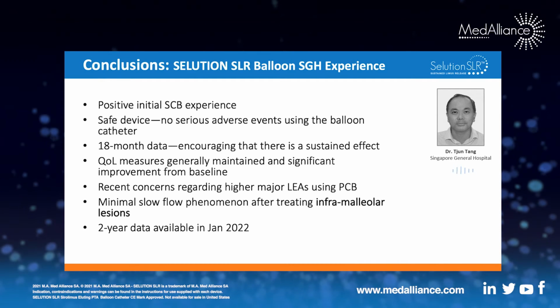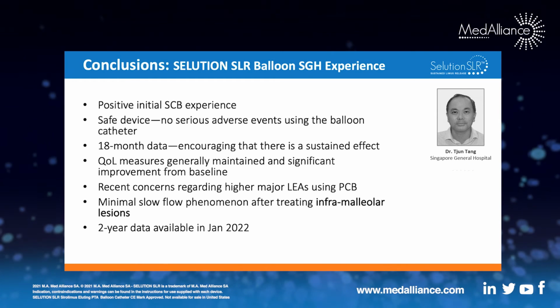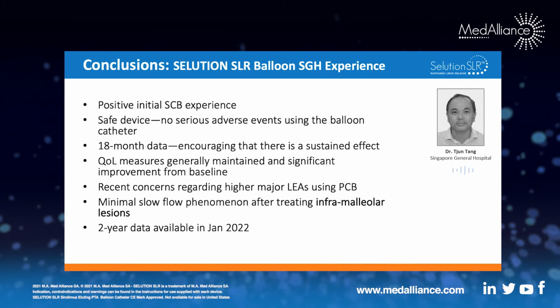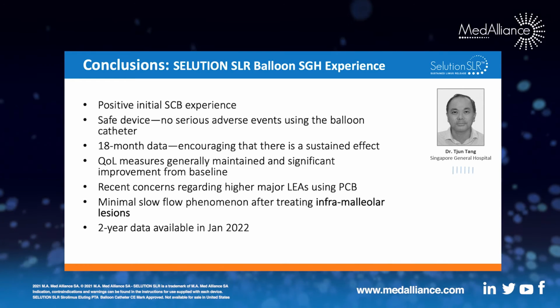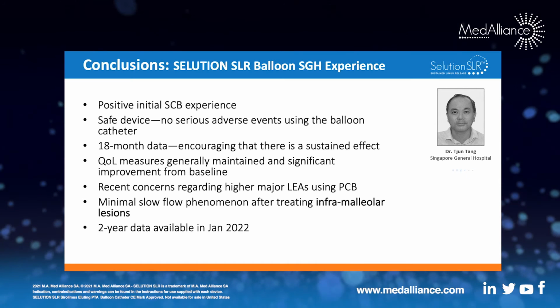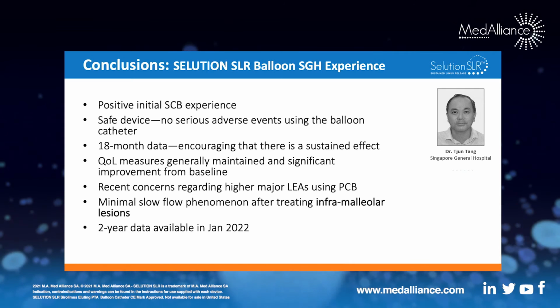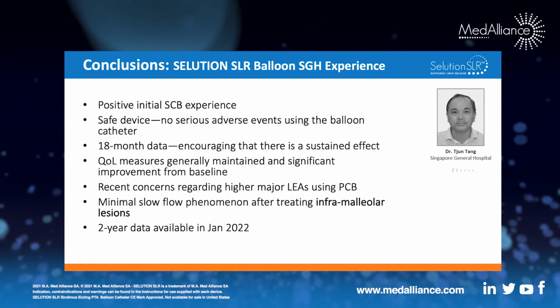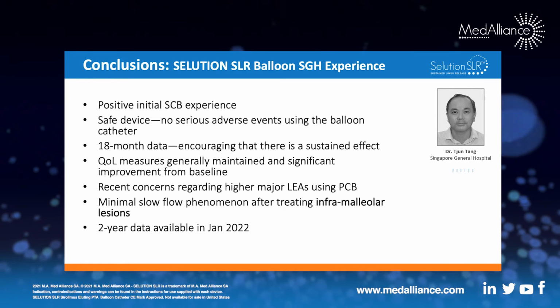So in conclusion, ladies and gentlemen, the experience using the Selution balloon from SGH in Singapore is positive. It is a safe device with no serious adverse events using the balloon catheter through to 18 months. The 18 months data is encouraging. There seems to be a sustained effect both clinically and angiographically. The quality of life measures are generally maintained. Recent concerns from the Katsanos